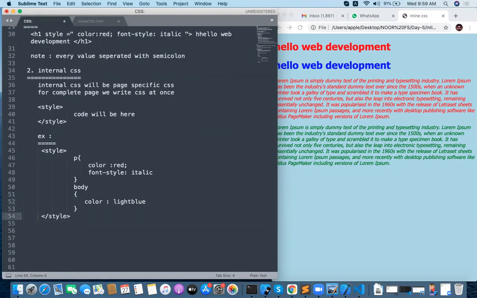And this is the internal CSS, and internal CSS is page level CSS and page specific CSS. And remember this note point here: HTML and CSS are working combinedly. Combinedly working means HTML and CSS both are rendering at the same time. HTML and CSS both are working and rendering at the same time.